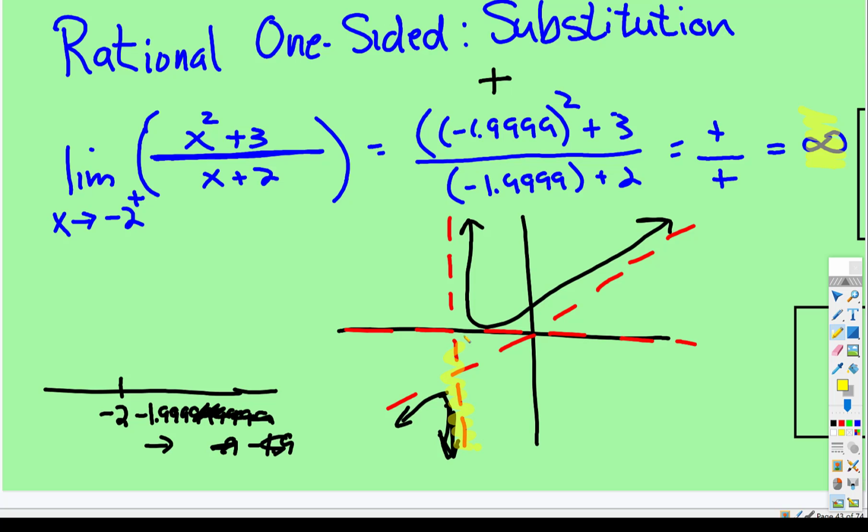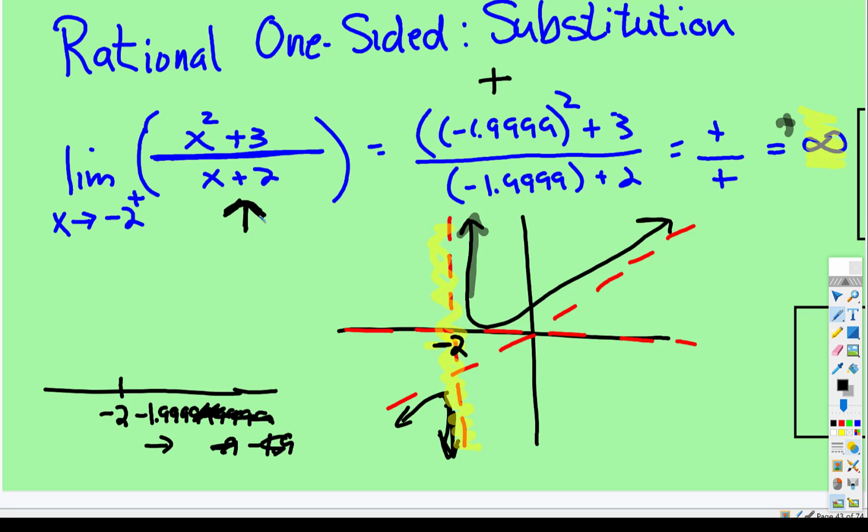So look at what it's asking. What is the behavior doing as you get really close to -2? As you get really close to -2, what is happening? Now we're on the right side right here. Look at what that behavior is doing. It's headed towards positive infinity. Okay, so rational one-sided equations using substitution, you just pick a number that gets really close to zeroing out the